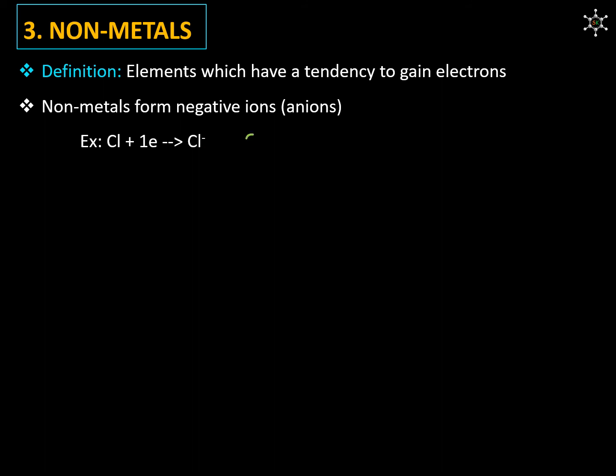We know that a chlorine atom has atomic number 17. What it means is chlorine has 17 protons and 17 electrons. When we add one electron to a chlorine atom, in the resultant state it will have 17 protons and 18 electrons. We know that protons contribute to the positive charge and electrons contribute to the negative charge. Since negative charge is in excess compared to the positive charge, by number 1, we write the resultant state as Cl1 minus or simply Cl minus.